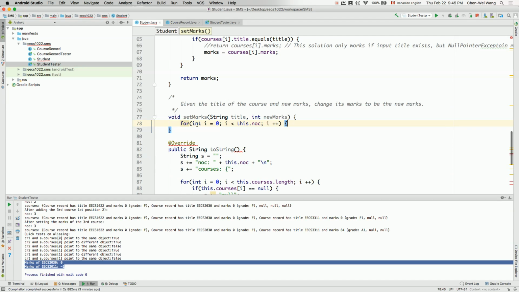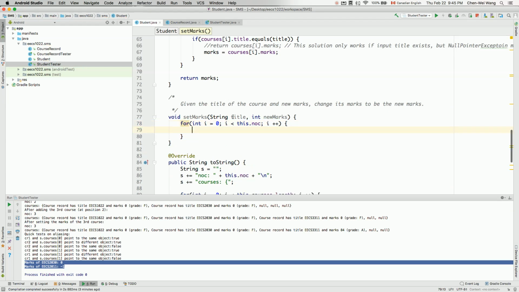Again, the most important thing you should really understand is why we should use i less than this.noc as opposed to this.courses.length, to avoid null pointer exception when the array is not fully occupied, when there are some null slots. And then we can say if courses at position i dot title dot equals title, in that case,